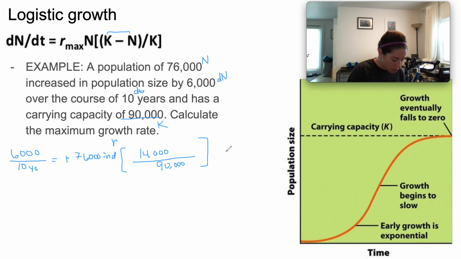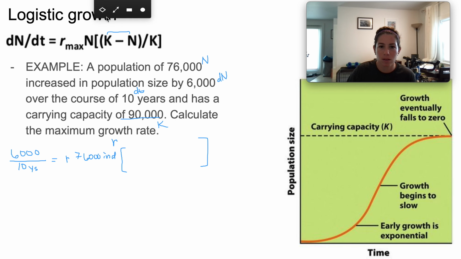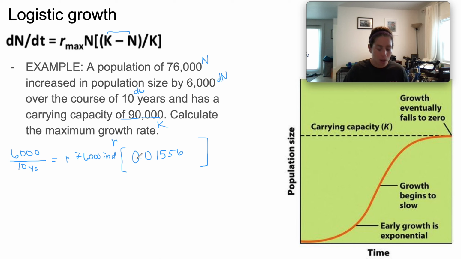And then we can do 14,000 divided by 90,000, and we get 0.01556, and then we can multiply that by our population, which is 76,000, and then we get